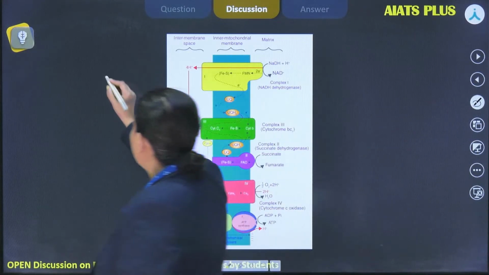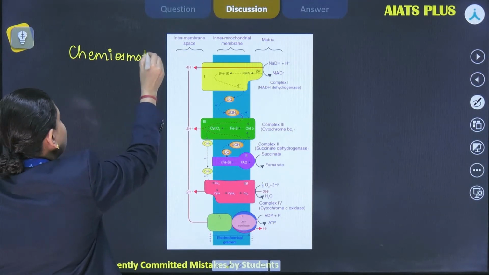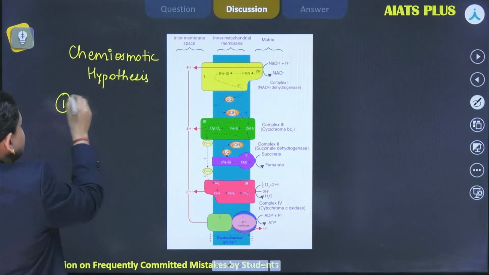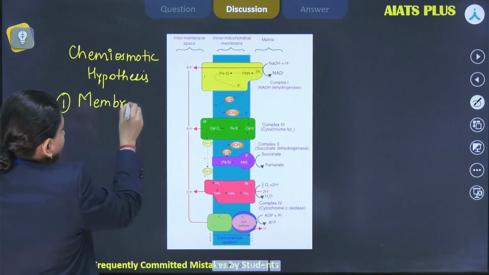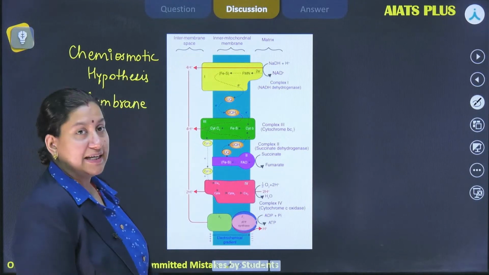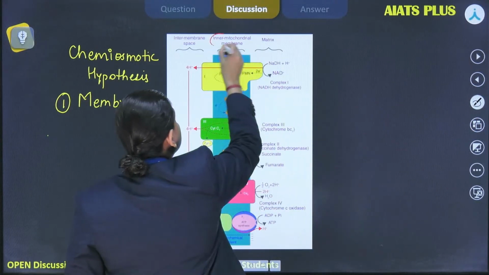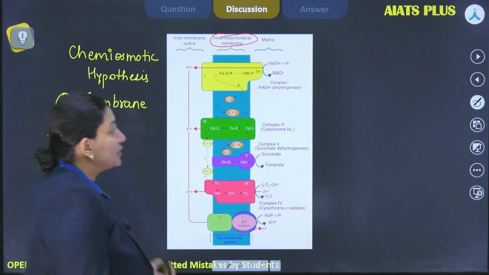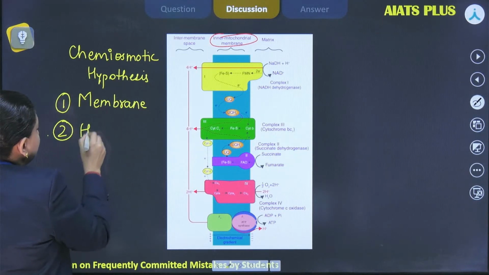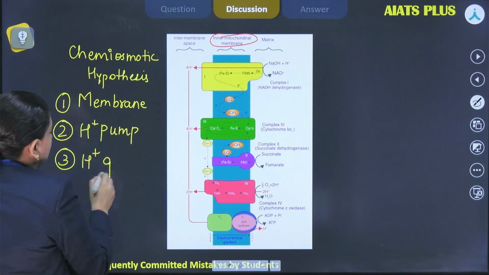So in chemiosmotic hypothesis, what all we need? In chemiosmotic hypothesis, the first requirement to accomplish this is the presence of a membrane, right? In ETS of mitochondria, that particular membrane is the inner mitochondrial membrane, right? This one. Now, the second and third requirements are going to be the presence of proton pumps and then further proton gradient,